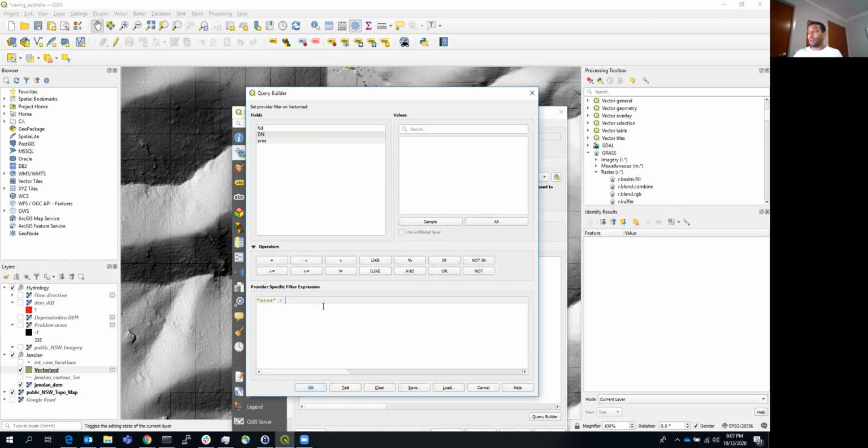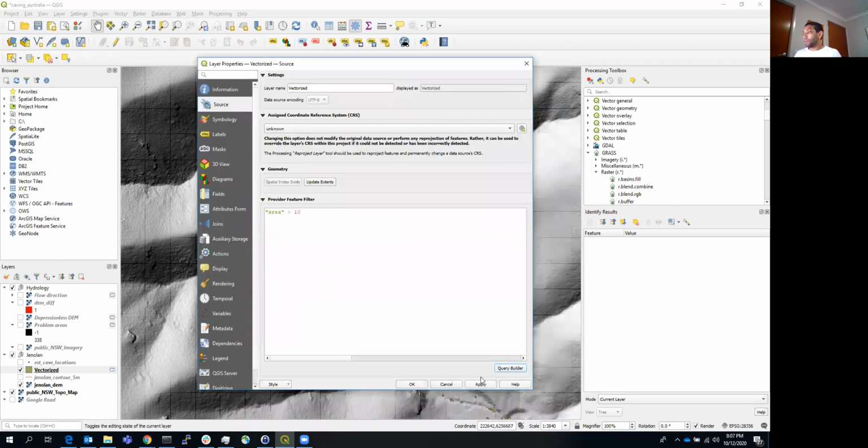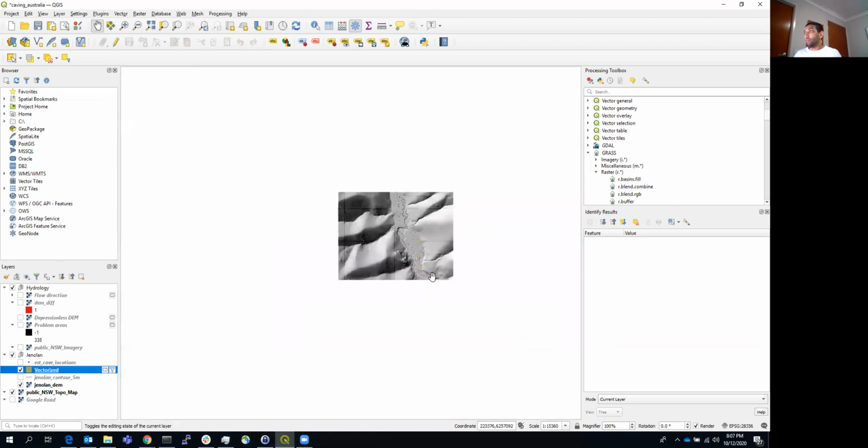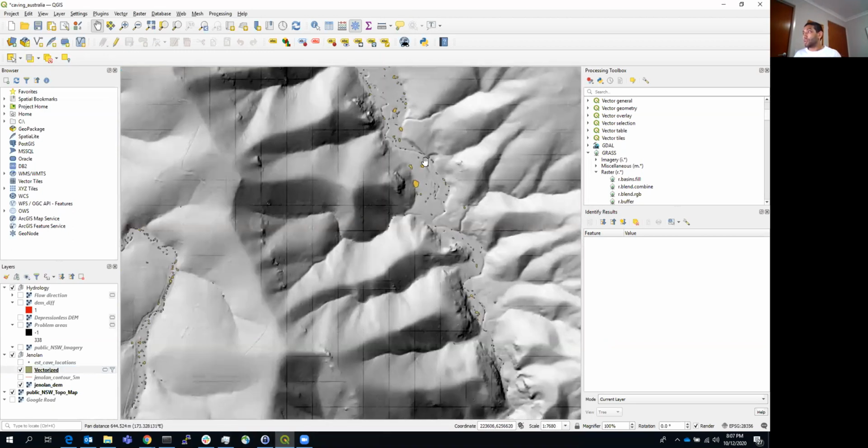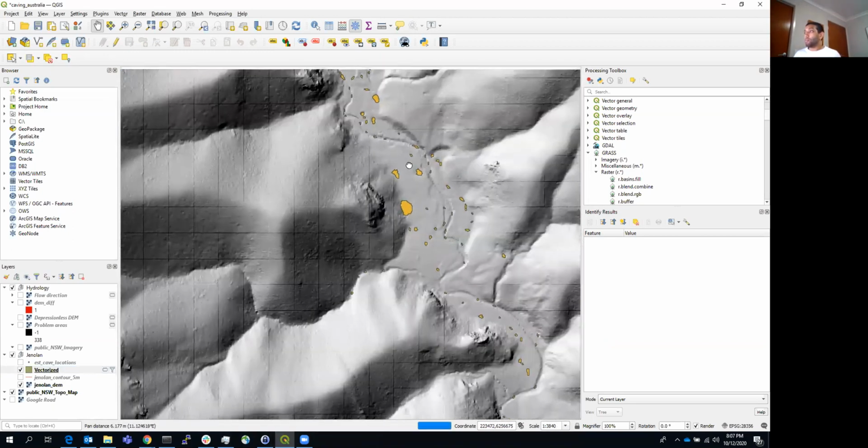Note, we've done all of this analysis in square meters, so I'm going to make it greater than 5 square meters. Test, there's too many. I'm going to look for really big ones. Make it 10 square meters. Yep, that'll do it for now. Apply. So that got rid of a lot of the smaller stuff, and now you're kind of left with bigger